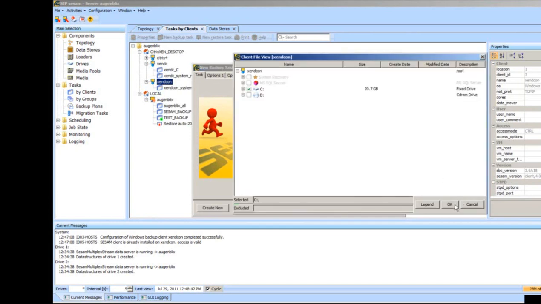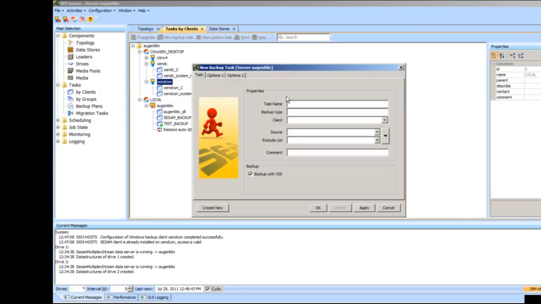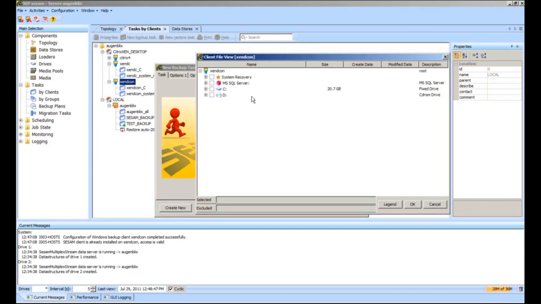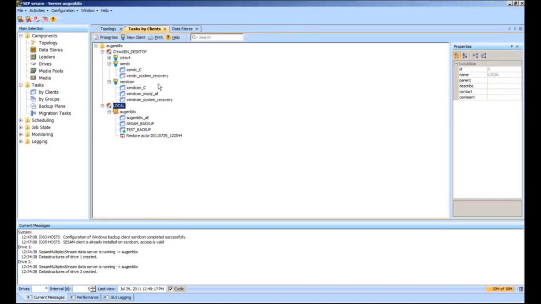And as we can see, we want to definitely get the SQL database that contains the information about our XenDesktop environment. So we will go ahead and select our SQL database, and the SQL database backup again will use VSS. It is a VSS aware application, and it's going to go ahead and quiesce the database using VSS for the backup. So we will just define it, say OK,